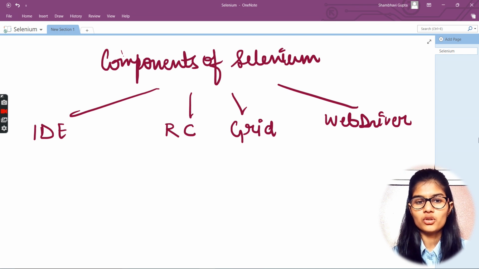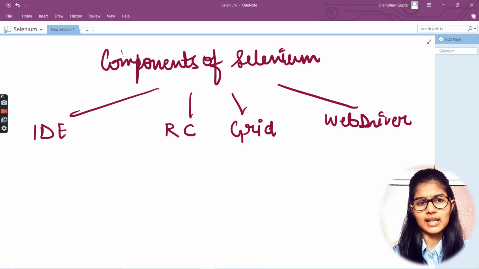Then we have these four components, IDE, RC, Grid, and WebDriver, that are parts of Selenium. These have their specific conditions, that onto this particular part this would work, or onto that particular part that would work. Right? So it is to be noticed whether you are automating this thing or that thing, which Selenium component best fits the task, right?